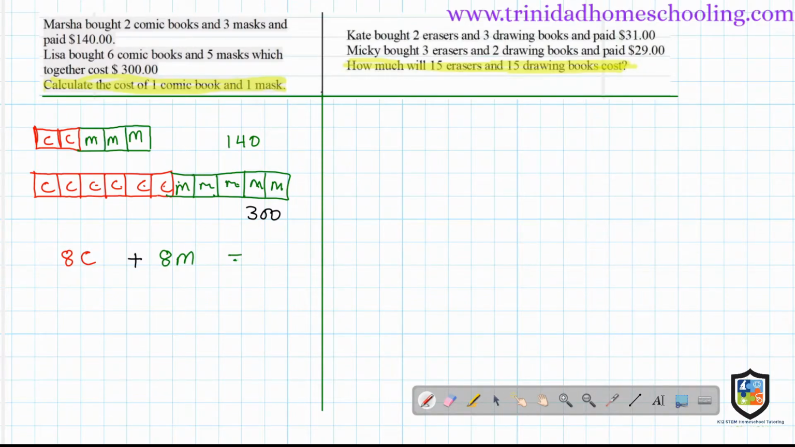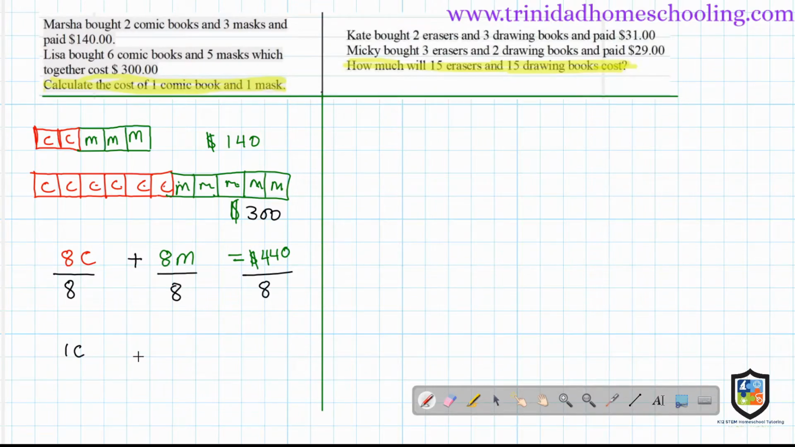Now let's see what will happen if we add the cost of them. We will get $440. So in all, 8 comic books and 8 masks cost $440. Now if I wanted to find the cost for 1 comic book and 1 mask, we could divide all this by 8. Now if I divide here by 8 and here by 8, I must divide the total cost by 8 as well, and this will give me